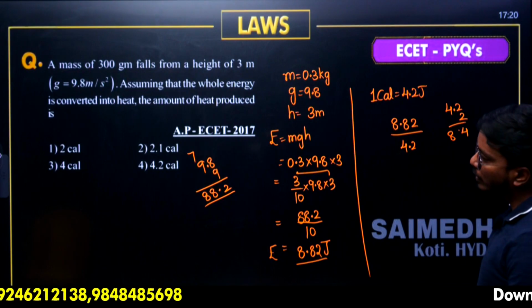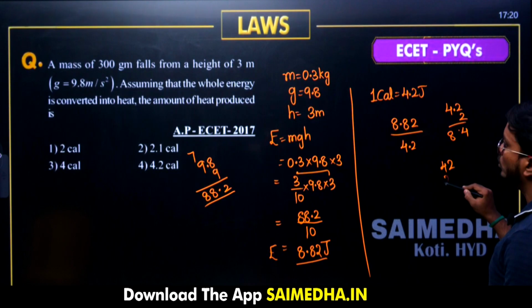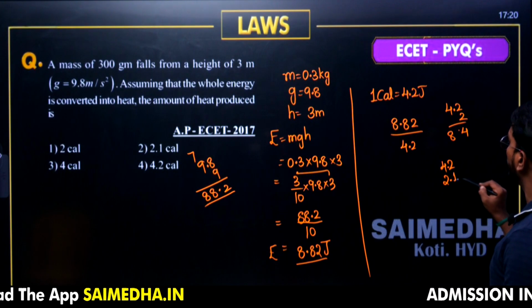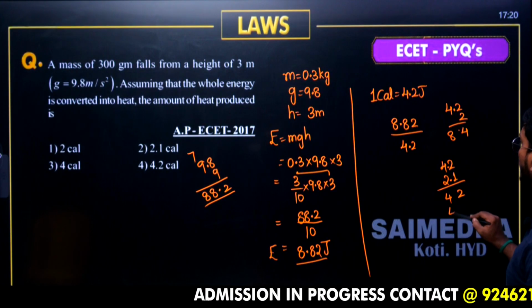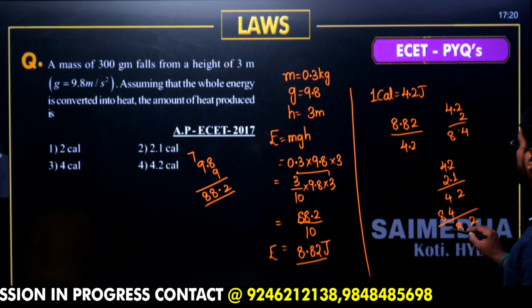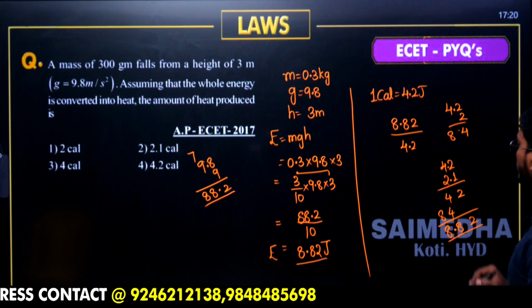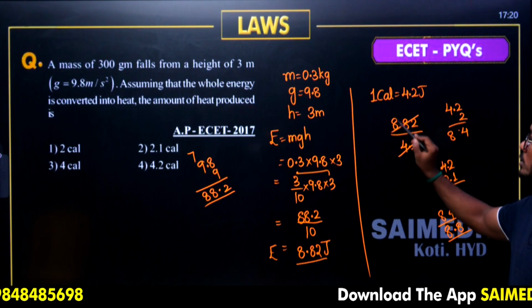2 calories there, 2.1 calories also there. So if I am going to multiply here 4.2 into 2.1, then what is it going to become? Let's see, 1 2s are 2, 1 4s are 4, 2 2s are 4, 2 4s are 8. This is 8.82 now. So exactly 2.1 is getting cancelled. So 4.2, this is 2.1.